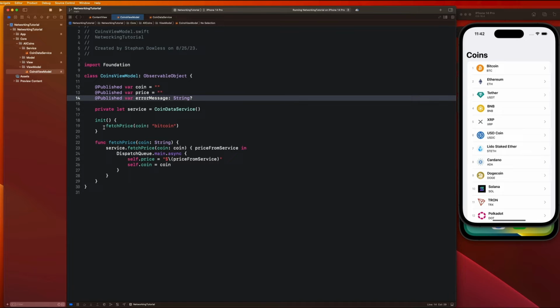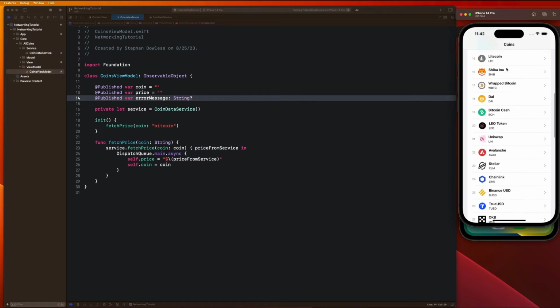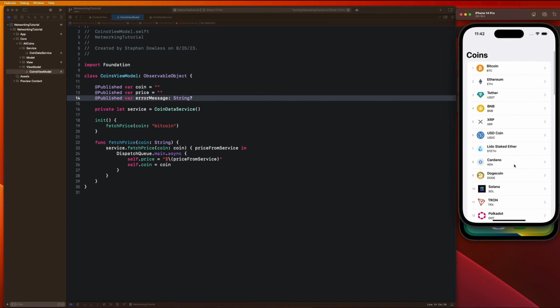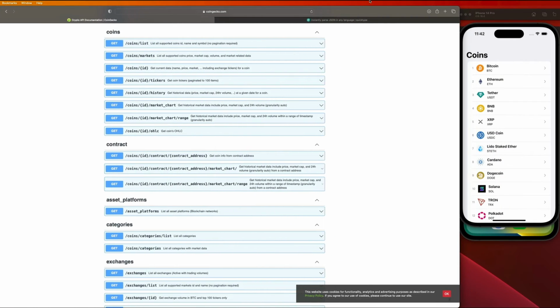So what I want us to do in this video is keep building off of that architecture and go over how we can start to fetch all of these coins here and introduce some more advanced error handling and some more advanced JSON parsing and decoding before we get into all of our async await functionality. So I'm just going to pull up the API documentation one more time, guys,